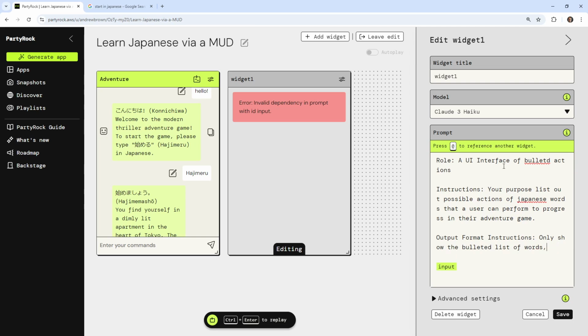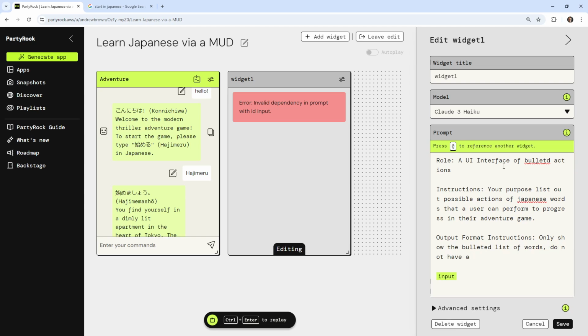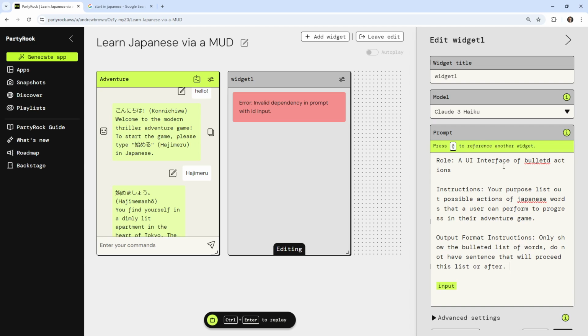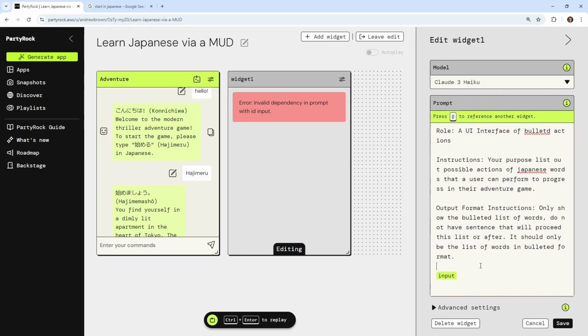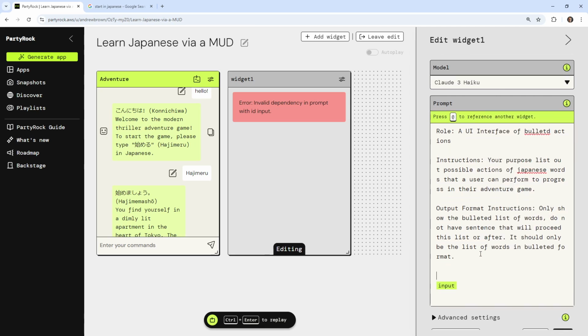Do not have a sentence that will precede the list or after. It should only be the list of words in bulleted format. And sometimes, depending on your model, you have to be really, really specific and nail it home here. Here is the existing conversation so far,